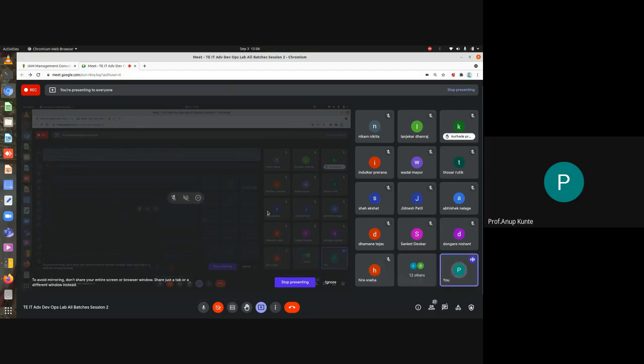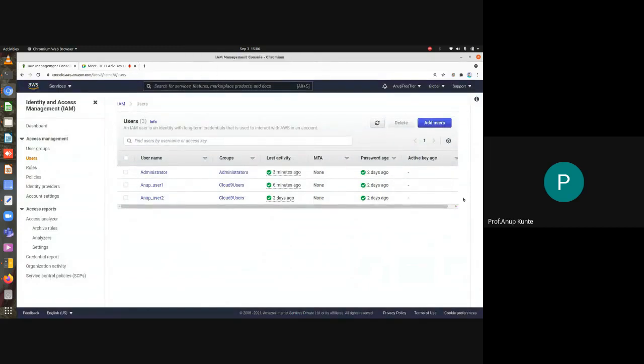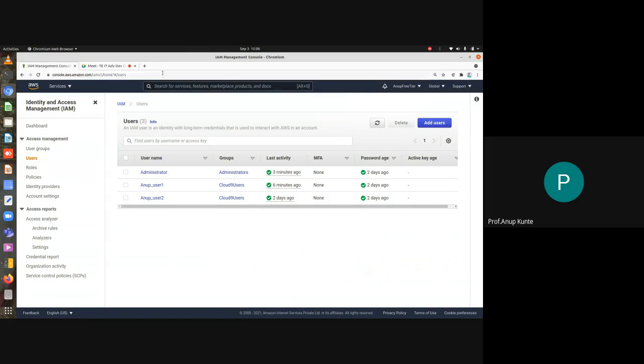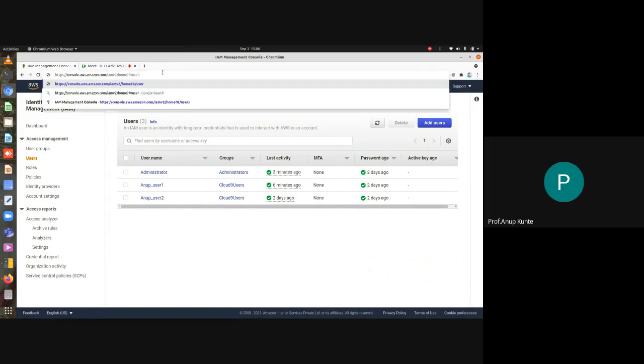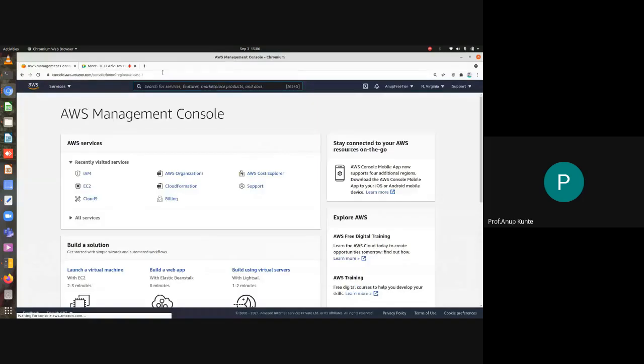Okay, let us start. So to begin with, what we need to have is an account for ourselves. Okay, and that account here right now I'm using. So this is the interface of the management console of the AWS. So I'll just go to the home folder. I'll go to the dashboard of the Amazon Web Service